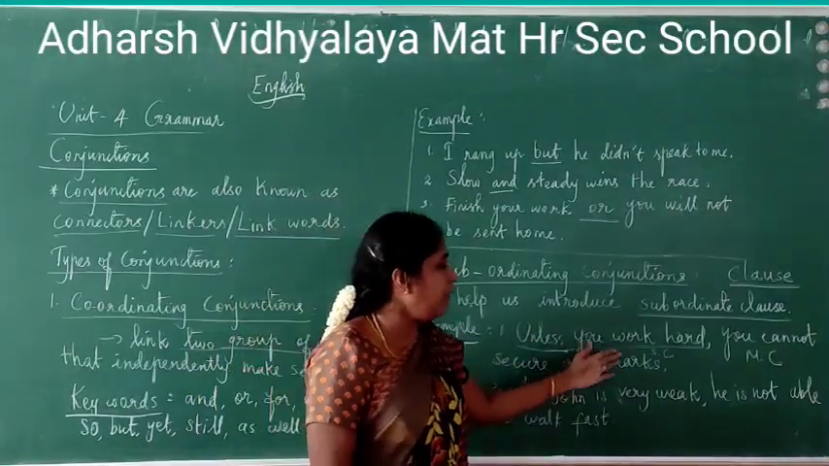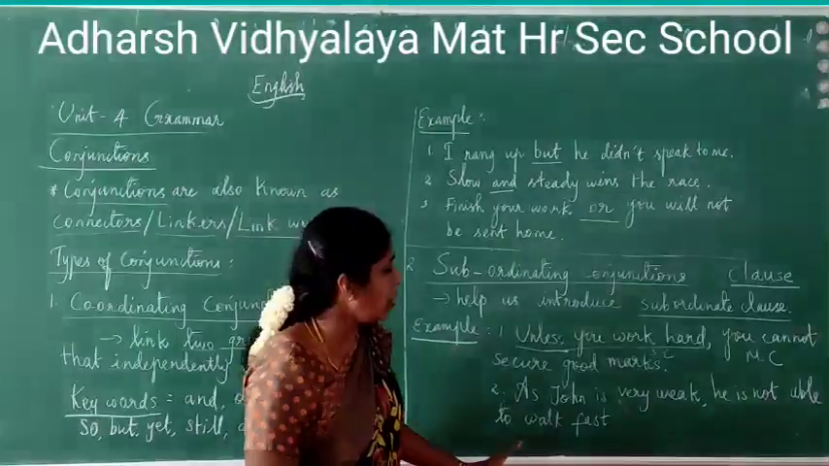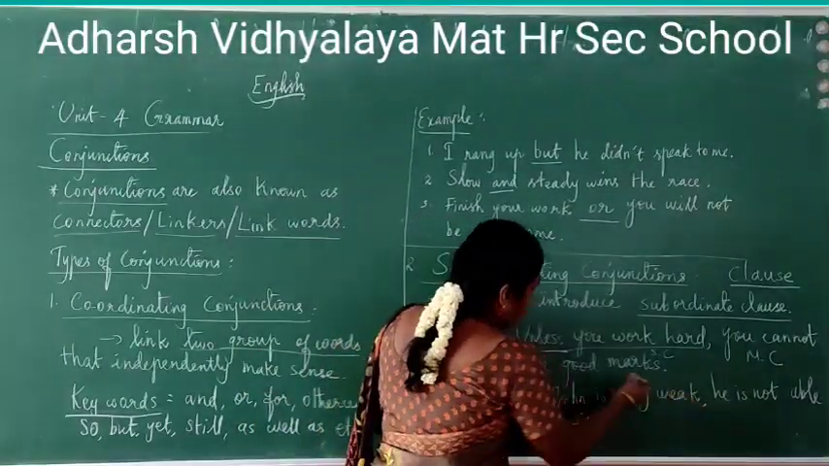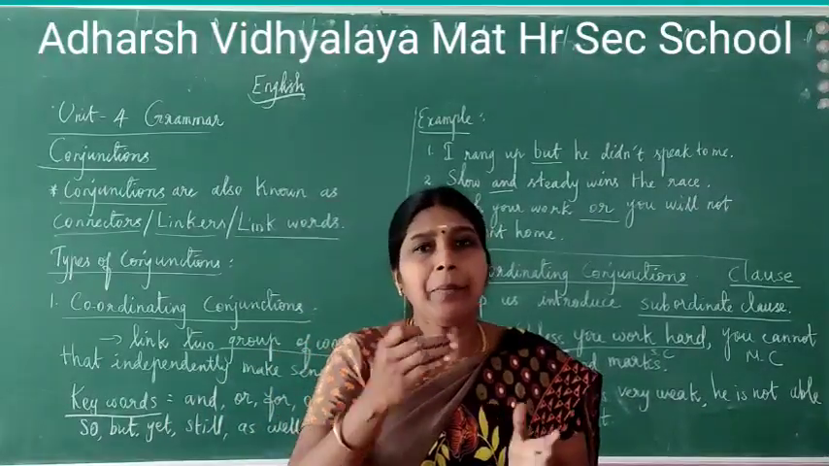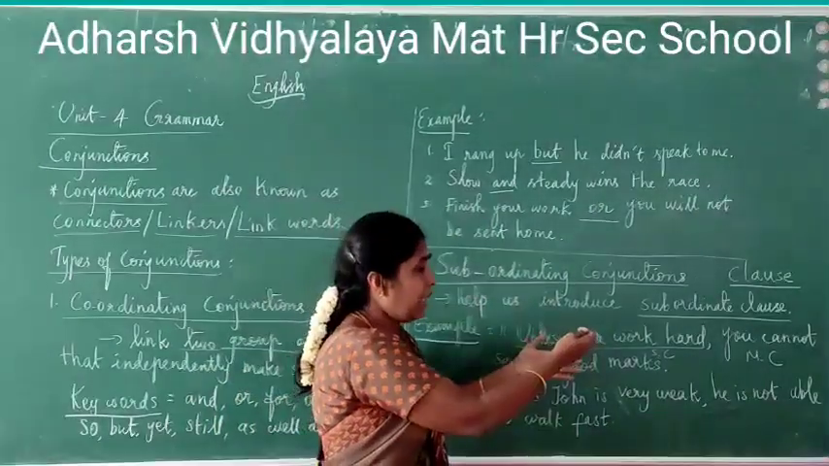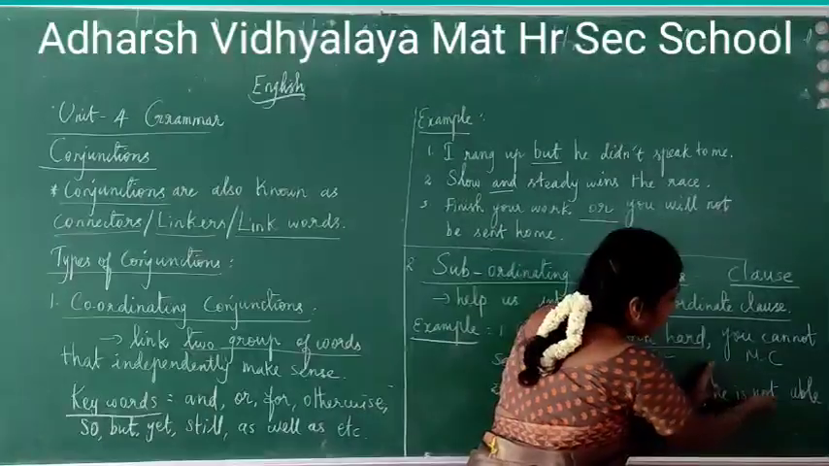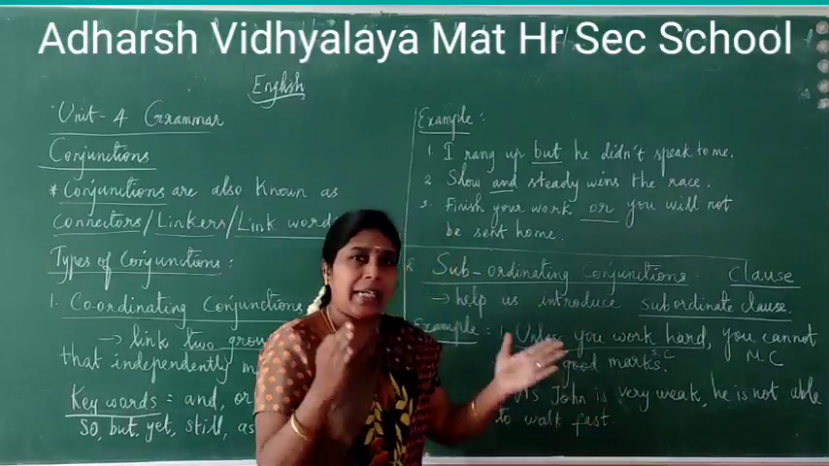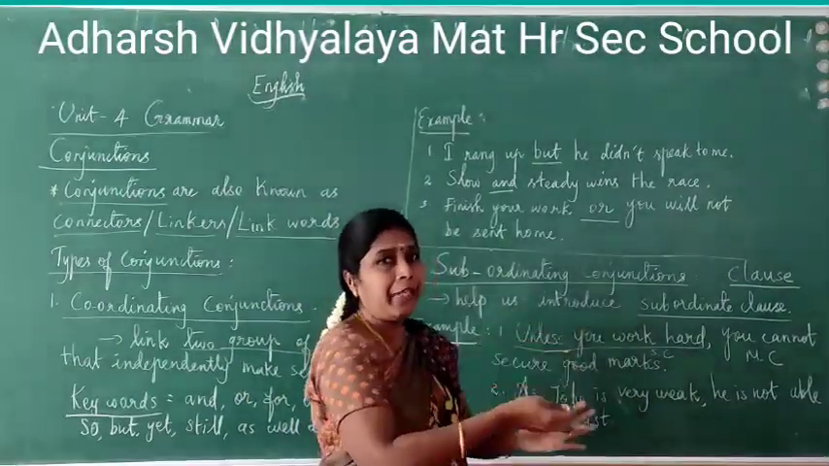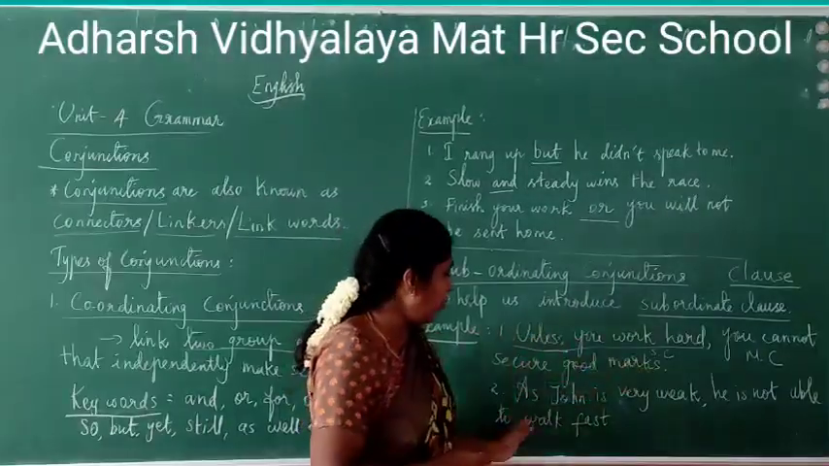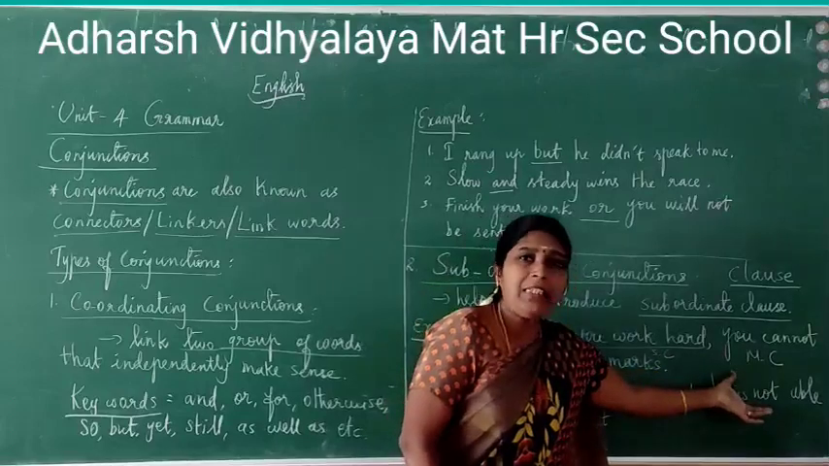As John is very weak, he is not able to walk fast. Here also, take this sentence alone: as John is very weak. As John is very weak, incomplete meaning. See the second sentence, he is not able to walk fast. Take this sentence alone. He is not able to walk fast, a completed meaning. If we take this sentence, as John is very weak, he is not able to walk fast. When this sentence joins with this sentence